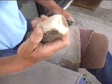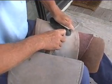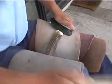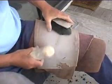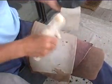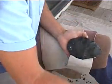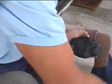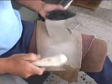This notch is not the best. I probably should refile it, but pushing pretty hard and driving it in. Alright, it went to there anyway. Left part of the platform on there. I'll set up